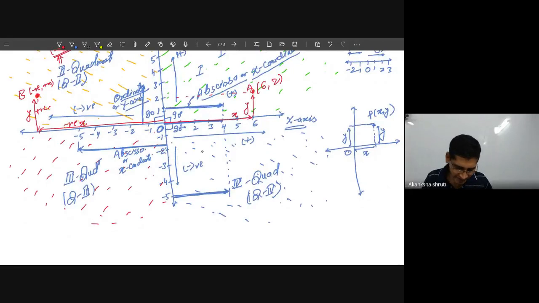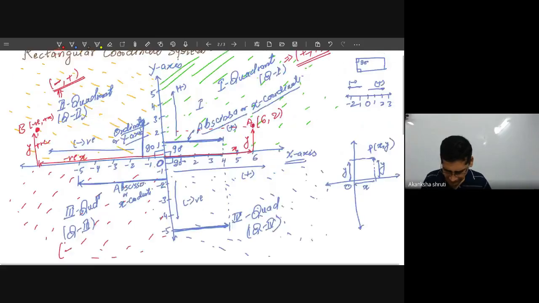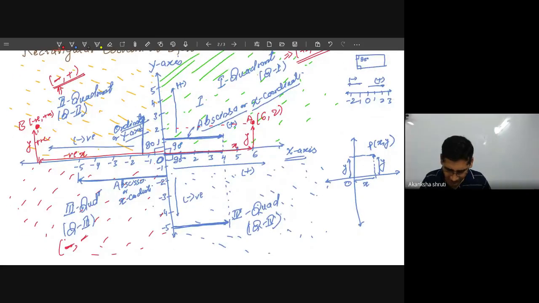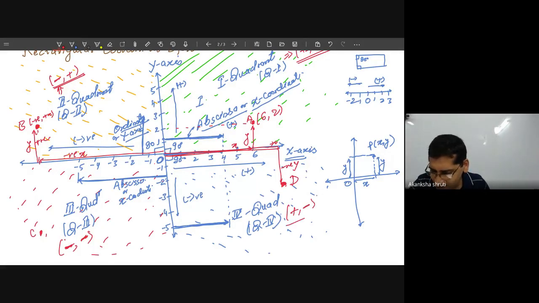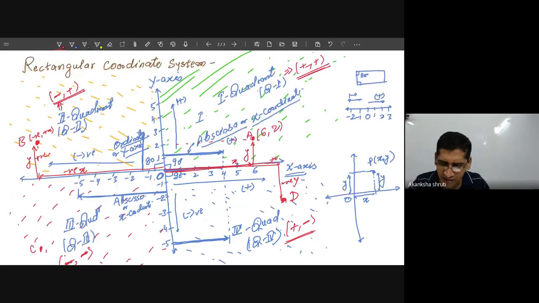Similarly, you can understand very well that first, while moving along the x-axis, it will be negative, and the other one will also be negative. Coming to this one, if you are considering a point here, how can you reach this point? I'm taking this point as C. First, you have to move along the x, just coming below it, while moving it is positive, but here it is negative y. So in this case, x is positive, y is negative. This way, the signs have to be taken care of.